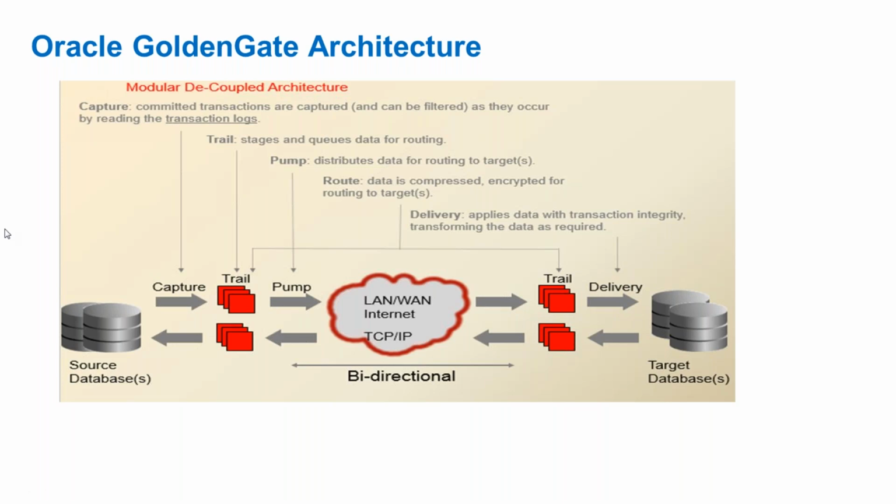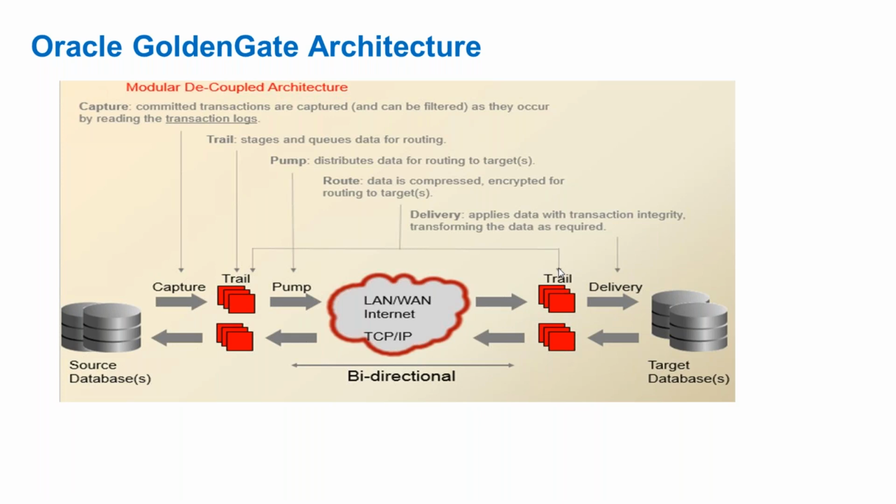As soon as that transaction happens, you configure the Golden Gate capture process, which reads the data out of your transaction logs, captures it and writes it to a local trail. This local trail resides on the local machine. As soon as data becomes available in the local trail, the Golden Gate data pump process reads the data out of the local trail, sends it over the TCP/IP network and writes it into a remote trail on the target server.